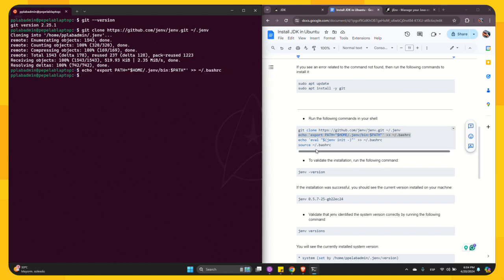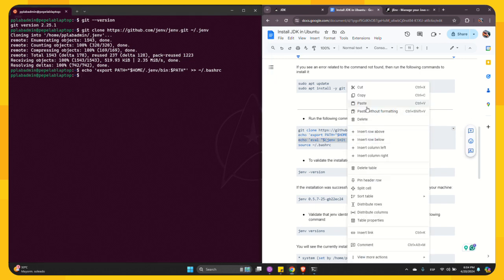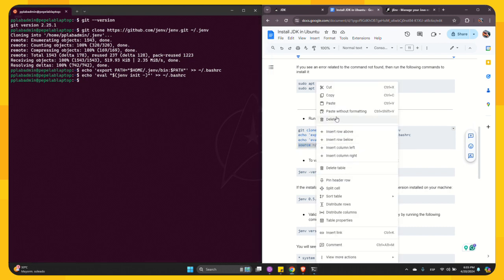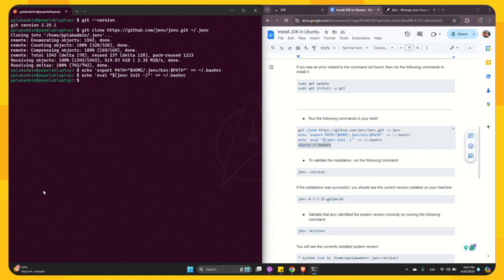We're going to add jenv to our path, and we are going to add the execution of the jenv script at the beginning of the session. You can close this shell and create a new one in order to do this. If you don't want to close and open a new shell, you can just go ahead and rerun the